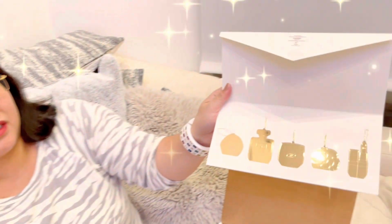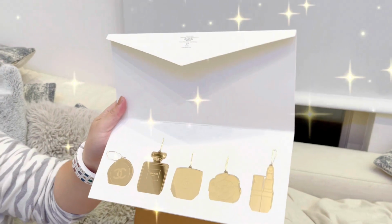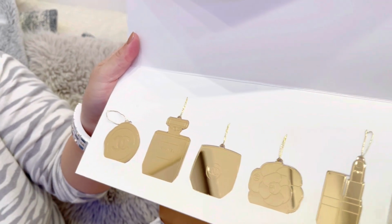And this is super pretty. I just want to show you guys how beautiful and amazing it is. But take a look at that. It is ornaments: here's the perfume, here's the powder, beautiful camellia, little lipstick, and I